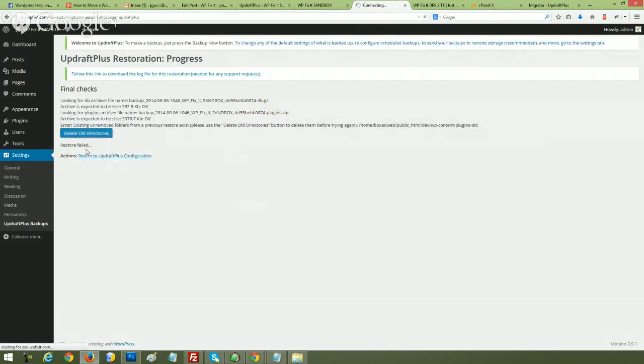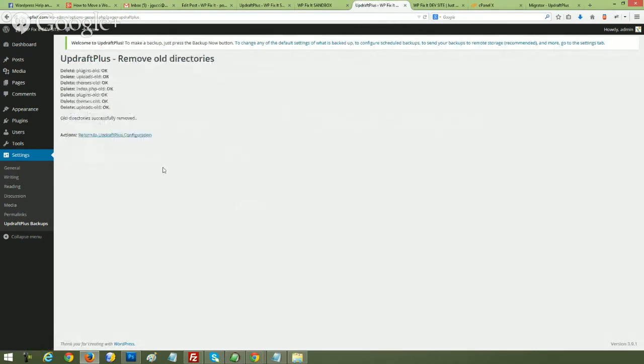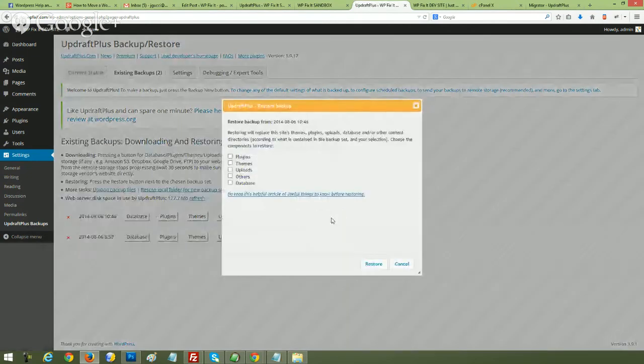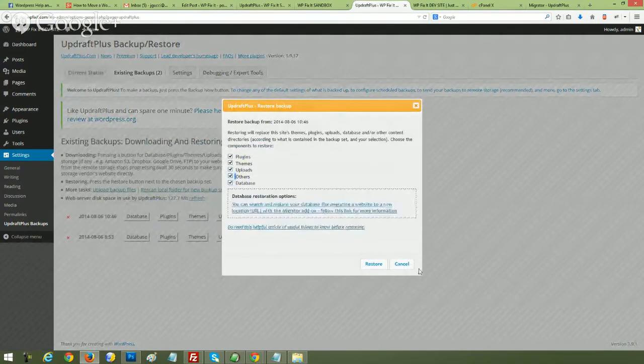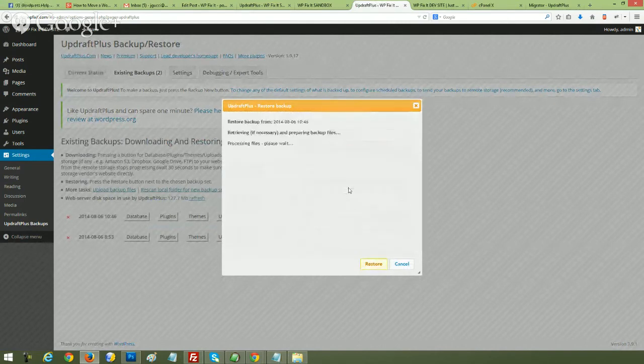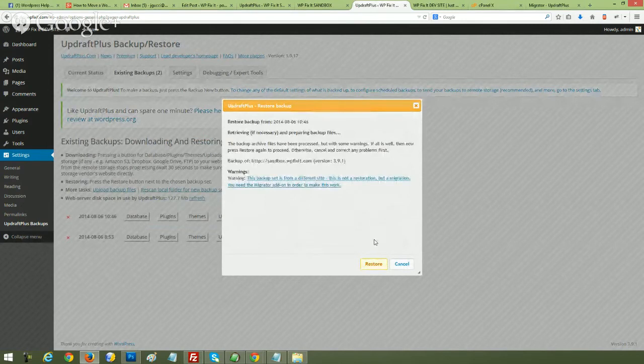Oh, let's see, restore failed, so let's delete the old configuration. Let's run through that one more time here. Select all of our archive files, restore, restore one more time,